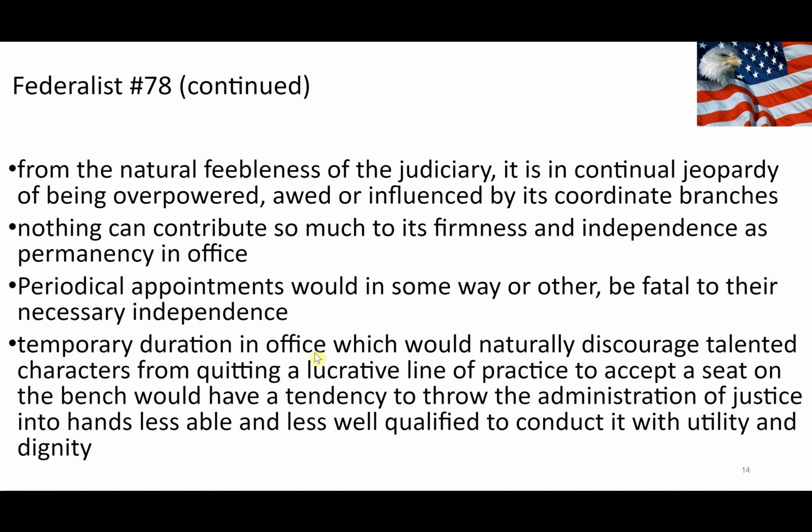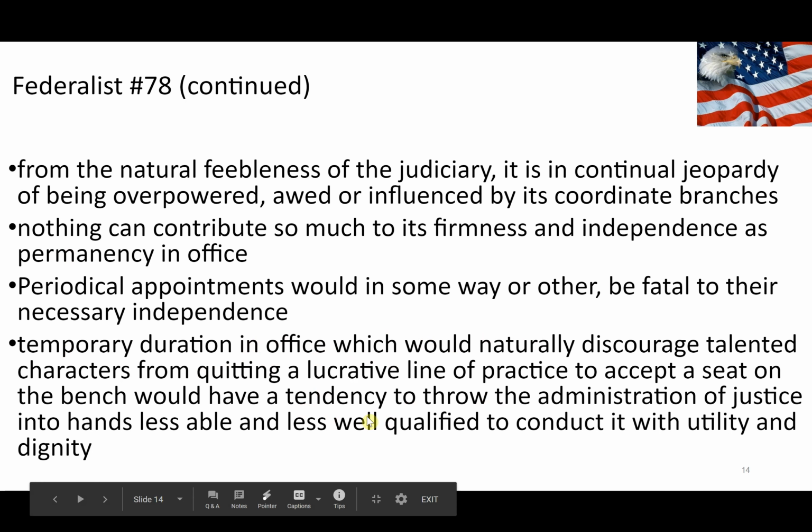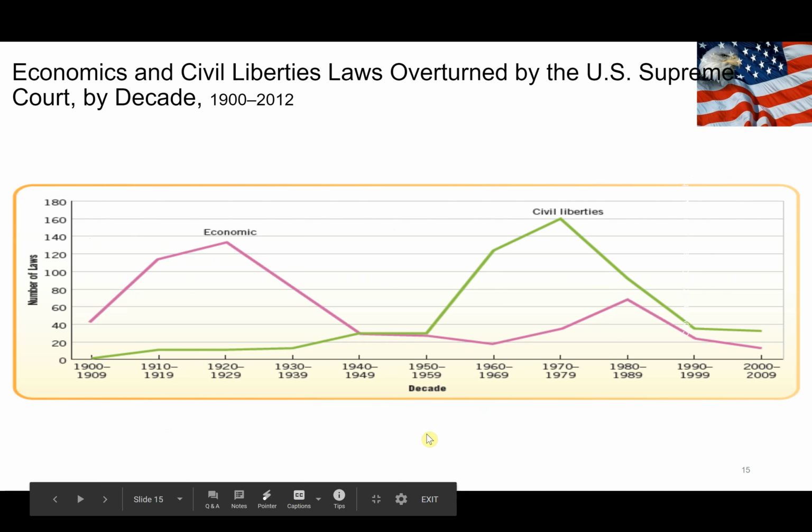And also, temporary duration in office would naturally discourage talented characters from quitting a lucrative line of practice to accept a seat on the bench, which would have a tendency to throw the administration of justice into hands less able and less qualified to conduct it with utility and dignity. So